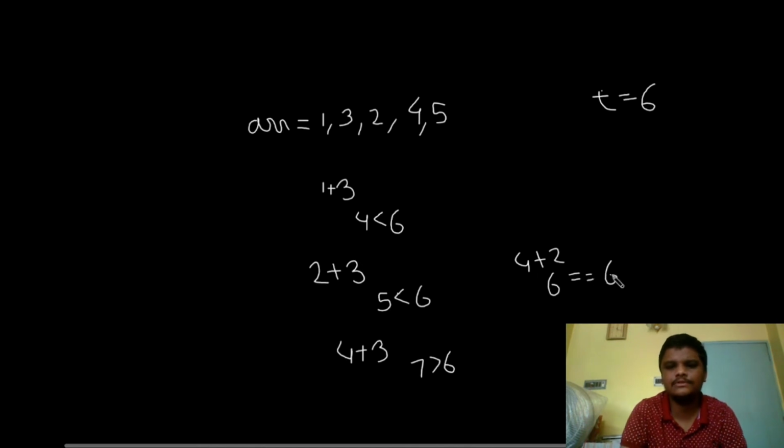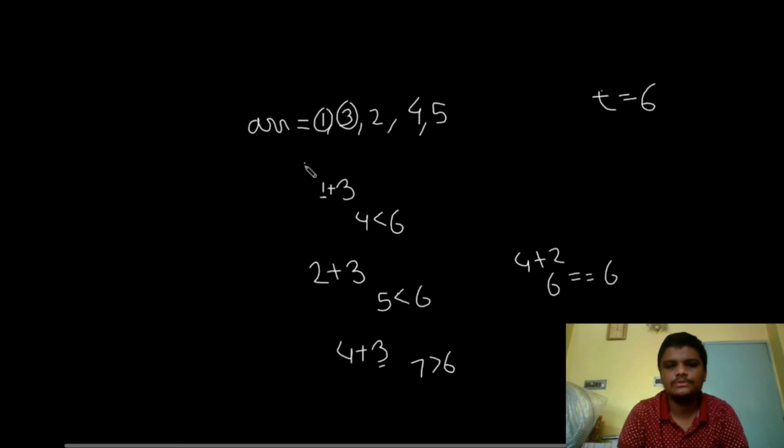So what exactly we are doing in this algorithm is that at first we are summing this element and this element, and then we are checking whether that sum is less than the target or not. If it is less, then we are incrementing the first part of the pair, that is the lowest element. And if it is greater, then we are decrementing the highest, the second part.